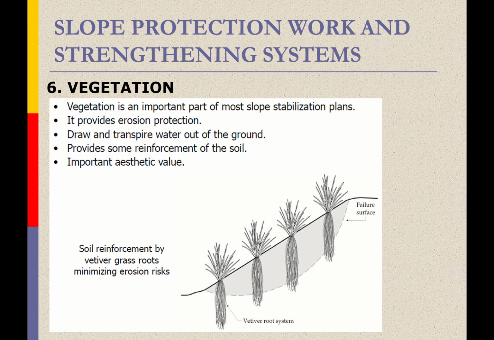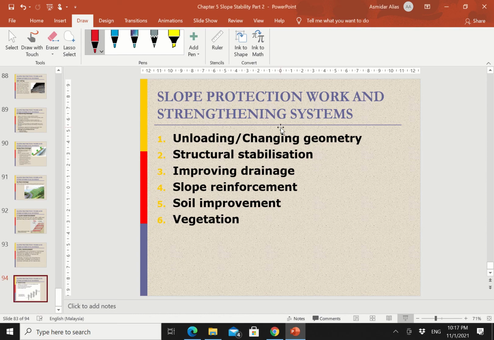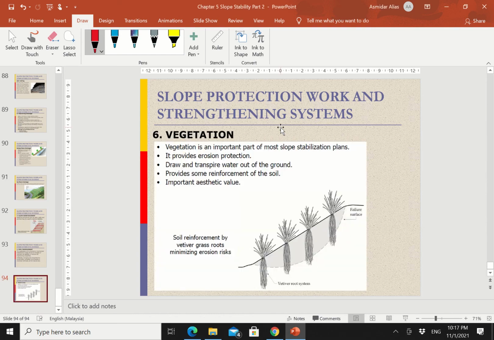Vegetation is an important part of most slope stabilization plans. It provides erosion protection, draws and transpires water out of the ground, provides some reinforcement of the soil, and the most important thing is the aesthetic value. So for that, that is all in terms of discussion needed for